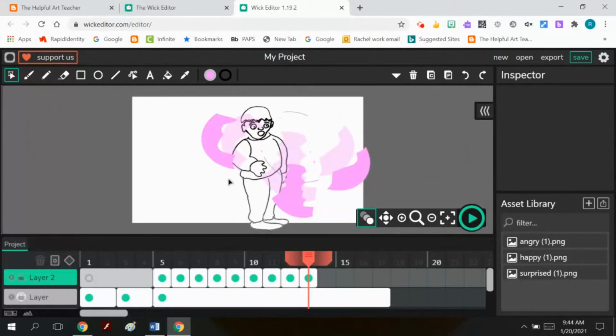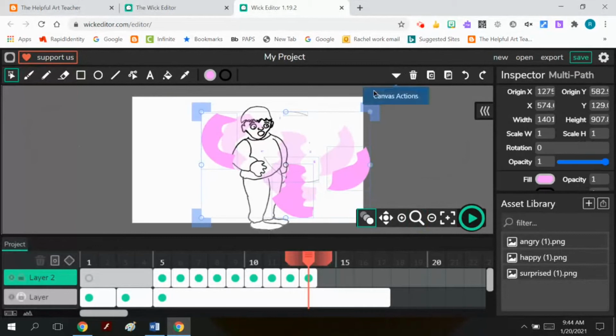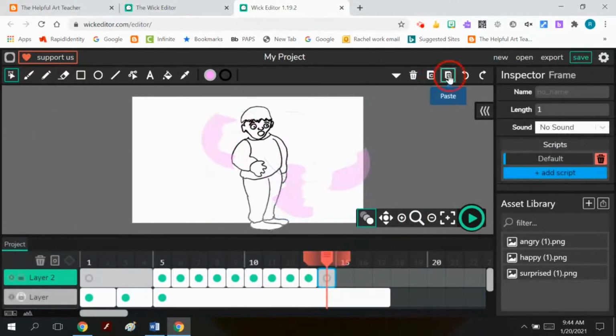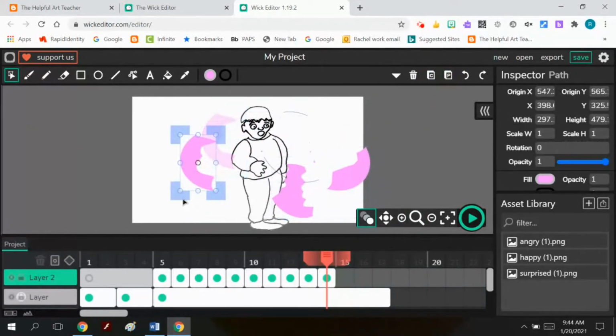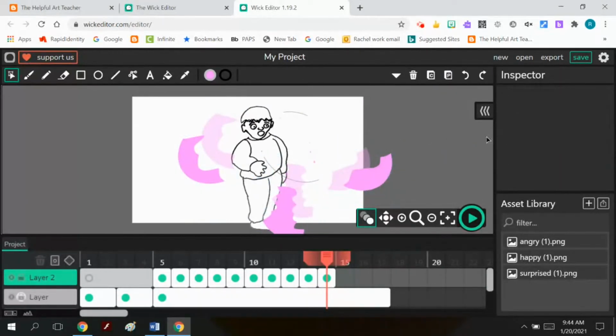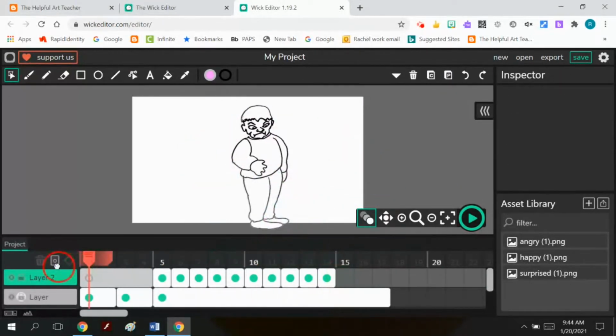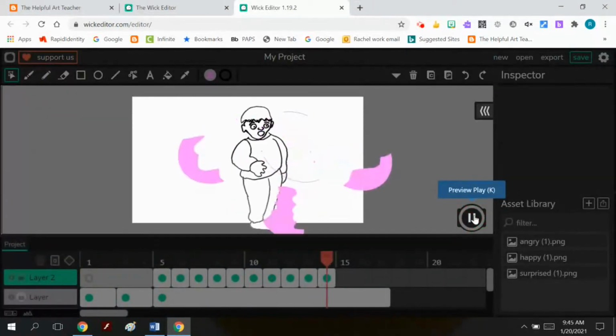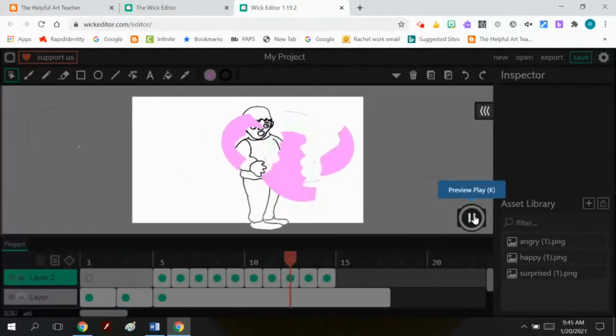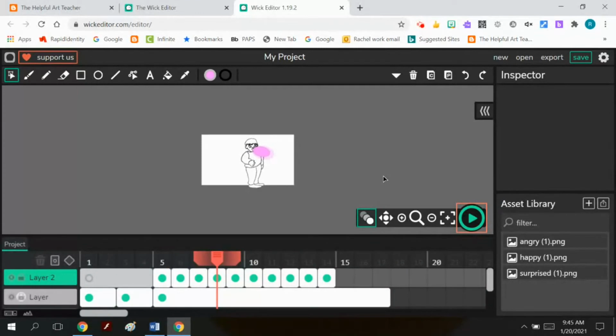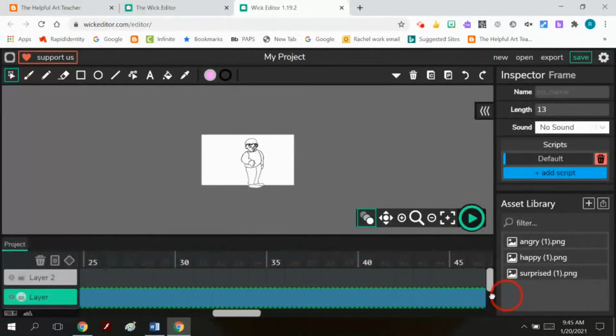So I'm going to keep on doing that till the parts of the bubble go off the edge of the page. I'll copy them, paste them, and then pull them apart. Copy them, paste them, pull them apart. And I think I want to end, it looks like he's still surprised. I want to end with him being angry. So I'm going to grab some of the angry frames and put them in at the end